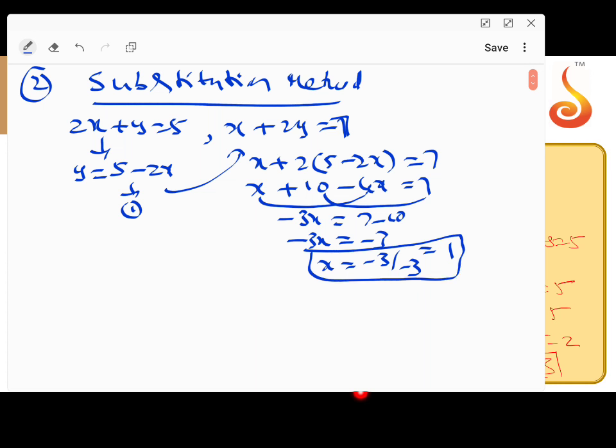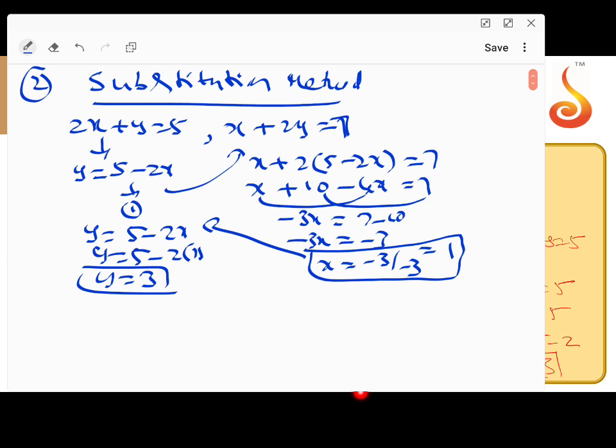In the previous method also, what was x? x equal to 1. Because if you apply any method, the final solution should be the same, x equal to 1. When x equal to 1, we want the y value. y equal to 5 minus 2x. So y equal to 5 minus 2 into 1. So y equal to 5 minus 2, what? 3. So this is the solution of the equations by the substitution method. I hope this is clear. First take the y value and substitute here and get the value of x. Once you get the x value, you can substitute in the first equation to get the value of y. That is the method of substitution. I hope you understand this method.